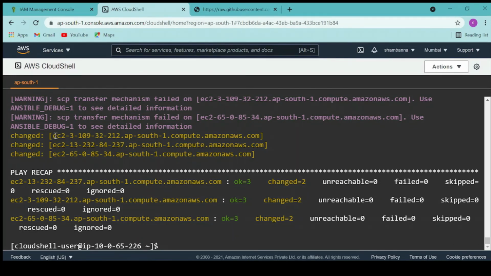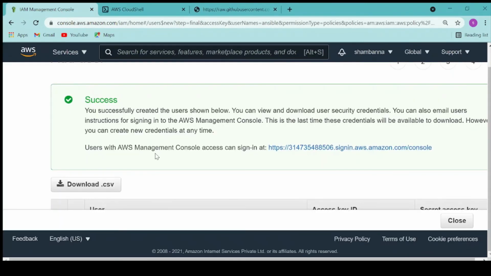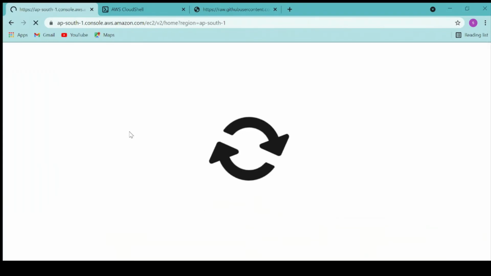So let's open this DNS name. We should see that httpd home page now. Okay, let's check the port inside a VM, whether we have enabled the port or not.